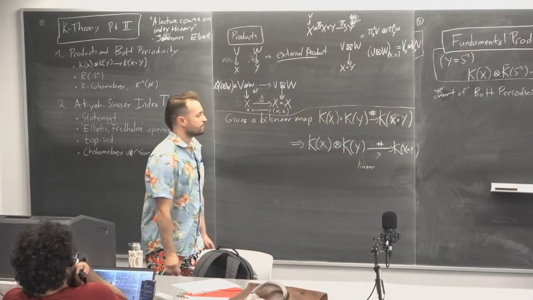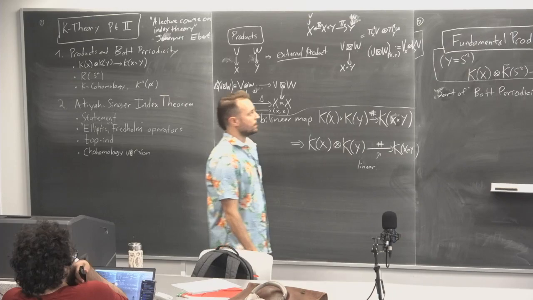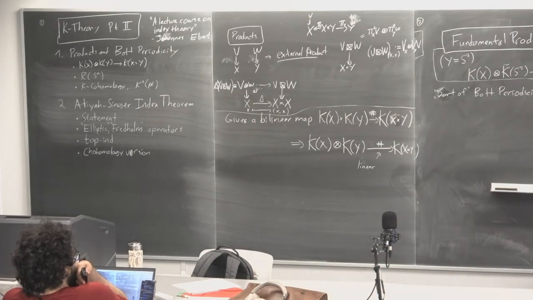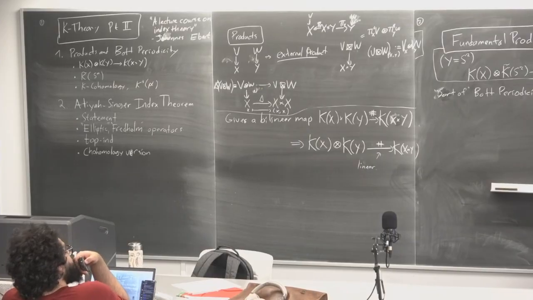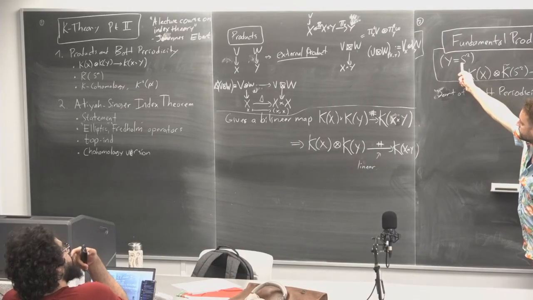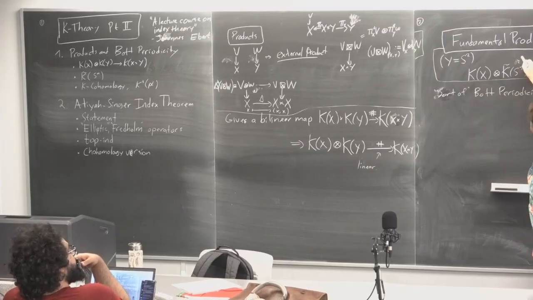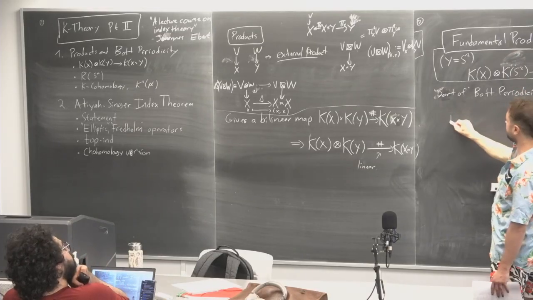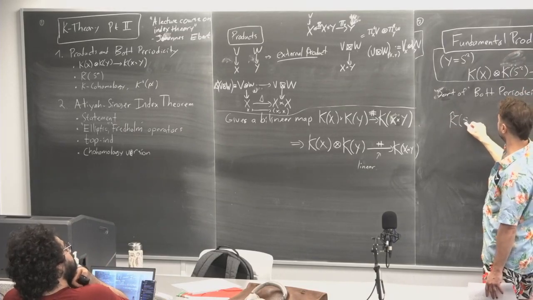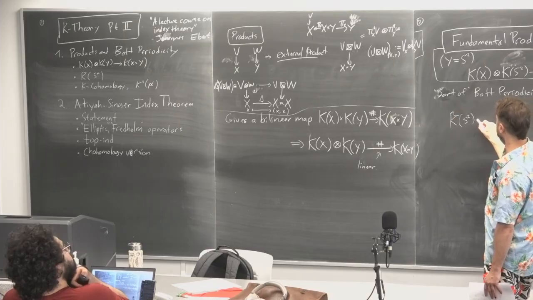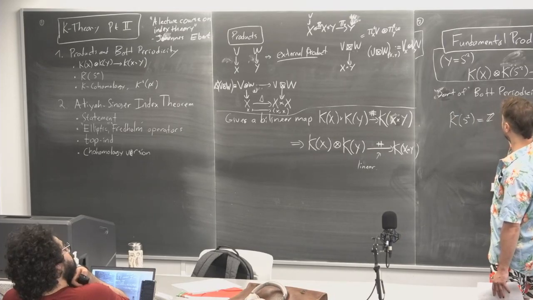Okay, so given this exterior product, we get right away an extremely important result, which looks a little bit too good to be true, and it sort of is. If you take Y to be S^2, just a two-dimensional sphere, we had that the reduced K-theory of the two-dimensional sphere was just equal to Z,